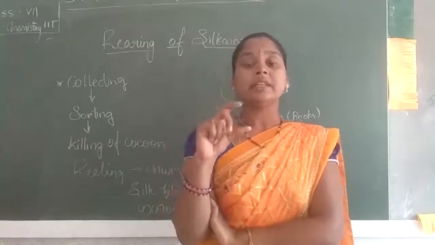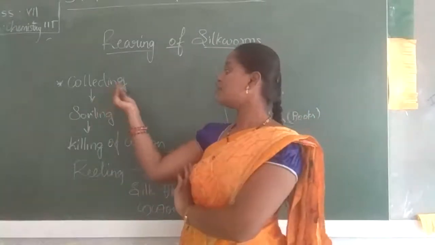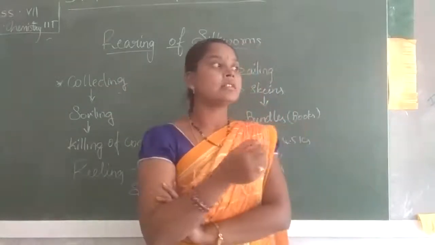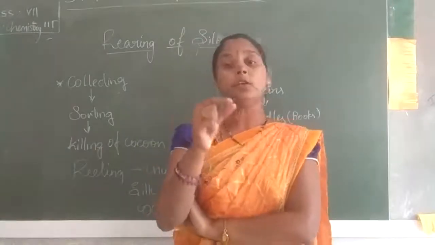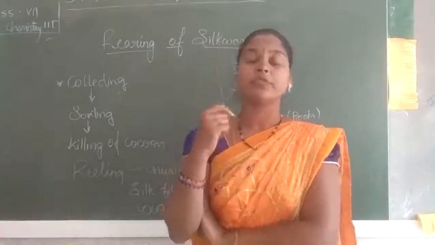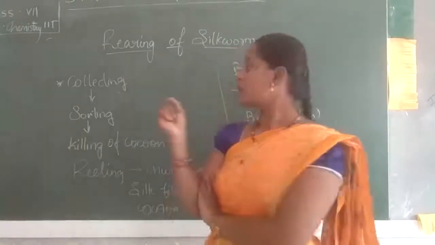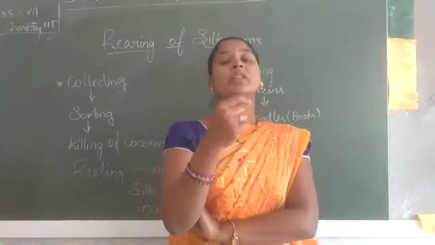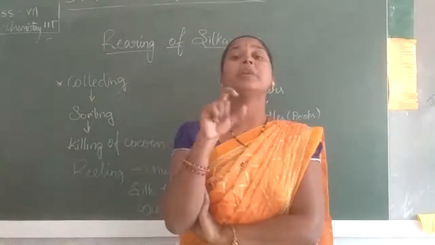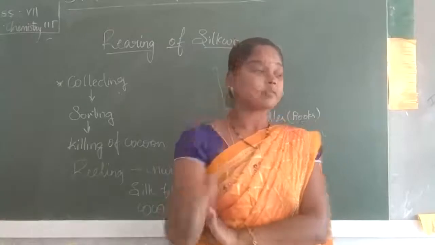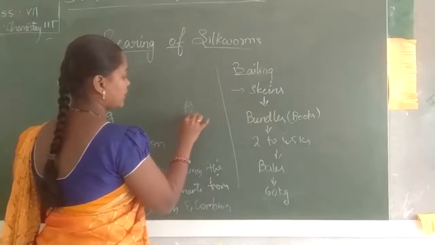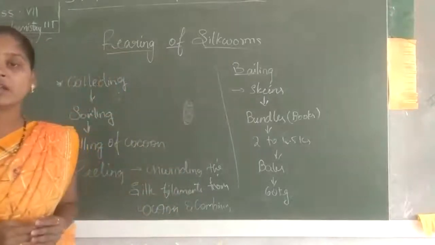Okay. So here those cocoons are collected. That is called a cocoon. That type of cocoons are collected. Okay. And see, why do we have to take only cocoons? Why not the fully grown silk moth, which comes out in the 4th stage? Because cocoons are collected when they are fully grown, before the moth comes outside. Why? Because if the moth comes outside, it has to break the thread. Yes or not? If this is a cocoon, it spins thread around itself. Yes or not? If it wants to come outside, what does it have to do?